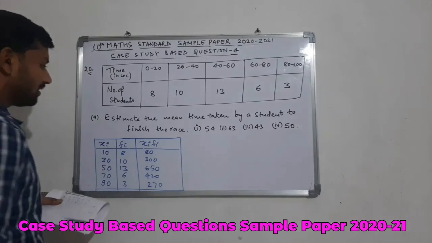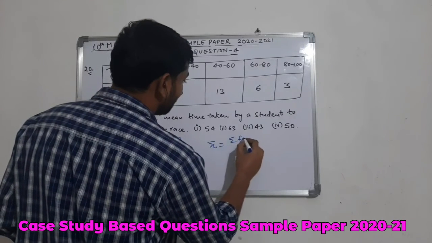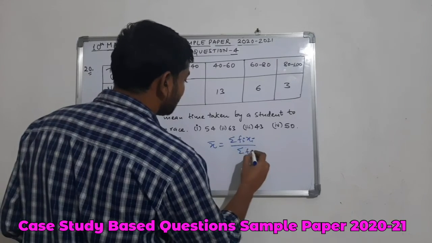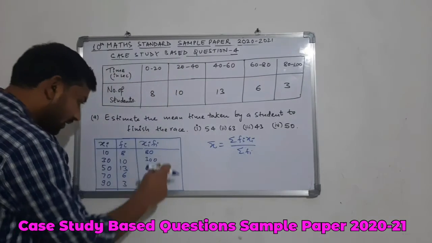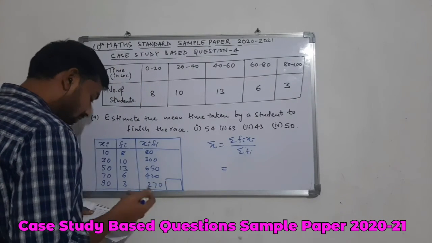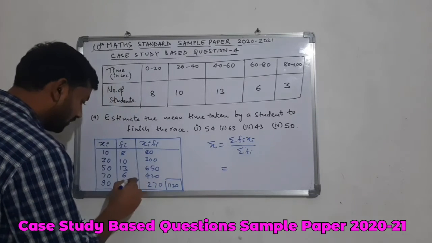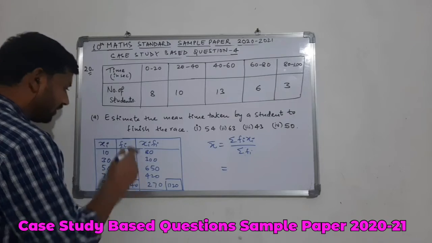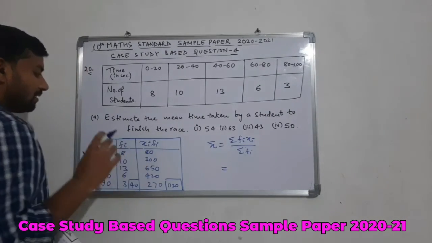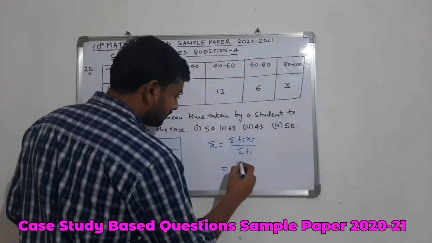Now as we need the value of mean, that is x bar, we have a very simple formula, sigma fi xi divided by sigma fi. So for this we need these two values, the summation of fi xi. Means if we add all these values, the sum of all these values is coming out to be 1720, and the sum of frequencies here is 40. When we add all the numbers of students, we will be getting 40, and the product sum fi xi is coming out to be 1720. So let us substitute the values.